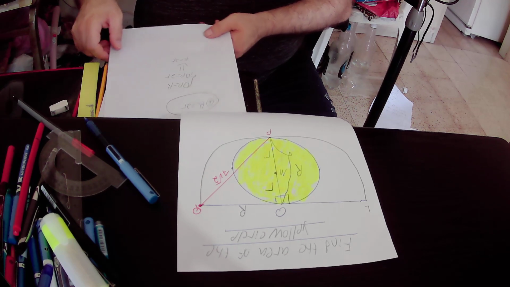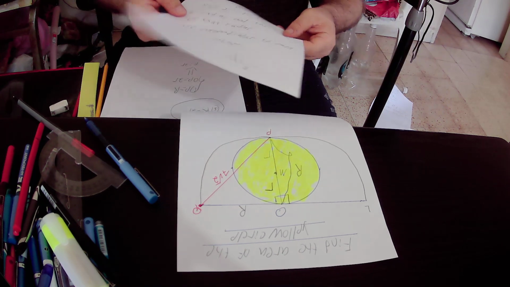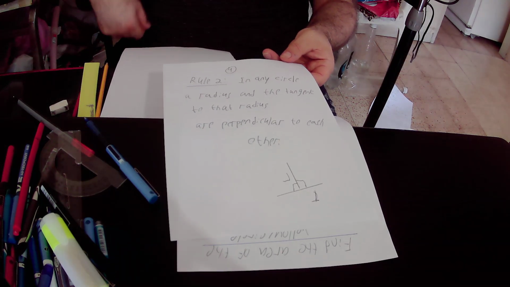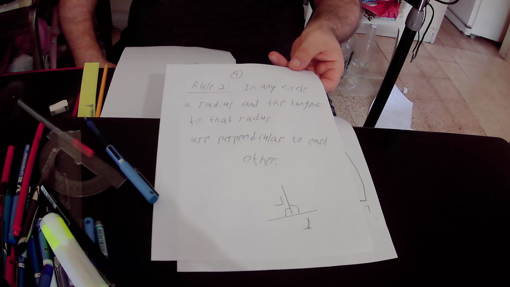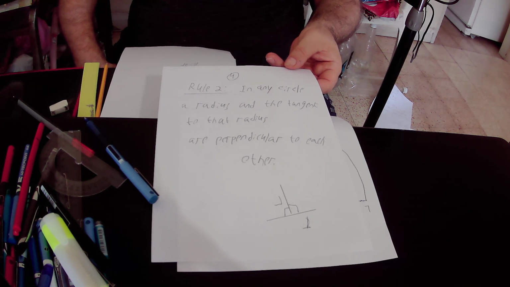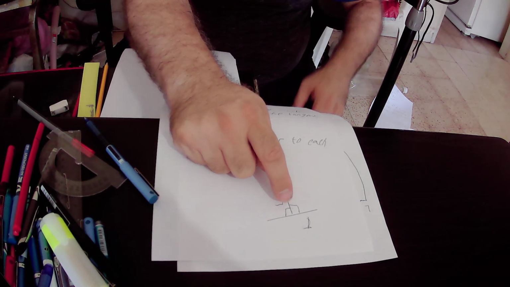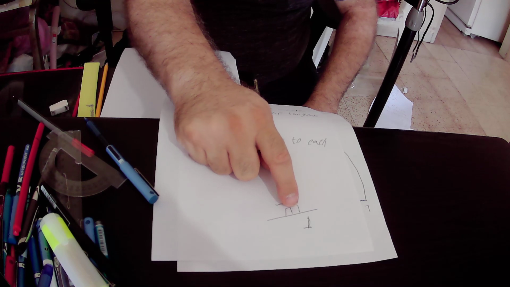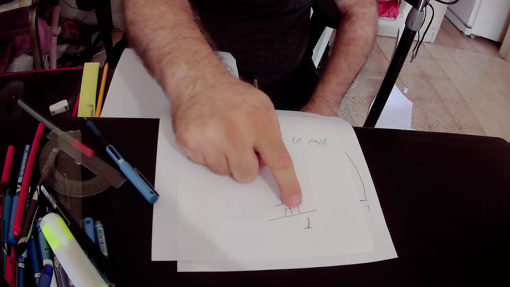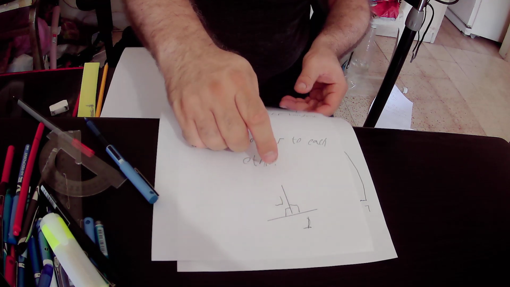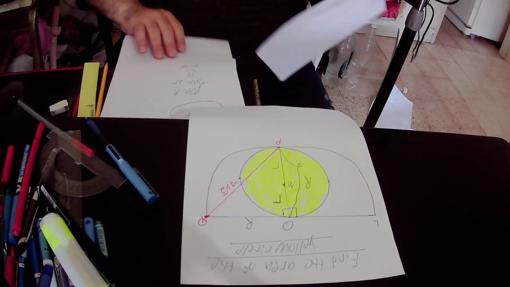Okay, and we also have rule number 2, which states that in any circle, a radius and the tangent to that radius are perpendicular to each other. So if we have a radius, let's call it R, and a tangent to that radius that we call T, then this angle is 90 degrees and also this angle is 90 degrees. And we can actually implement this rule in our circle,